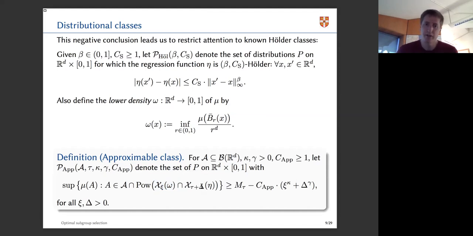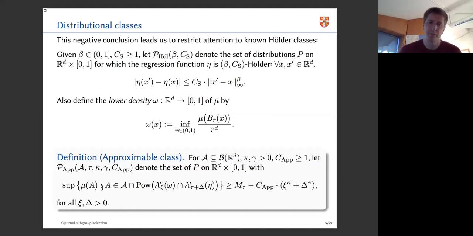Well, in that case, I'm back to where I started, and the best I can do is to output a set of measure m_tau. So notice that this m_tau appears on the right-hand side. So in introducing this curly X_psi of omega, which is saying that I need the lower density to be bounded below by psi on this set A, and introducing this delta, I'm imposing further restrictions on the set of A that I'm willing to consider,